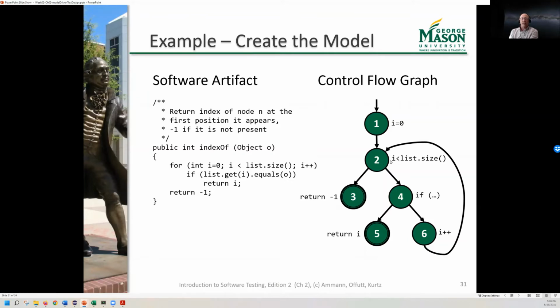Then we do a check to determine whether I is less than or equal to list.size, right? That's the evaluation part of the for statement. If it's true, and I didn't label these branches true or false, although I probably should have, then we branch down to this node where we look at the if statement, if list.get.equals O. I didn't write it all out here because there's not enough room. If that's true,